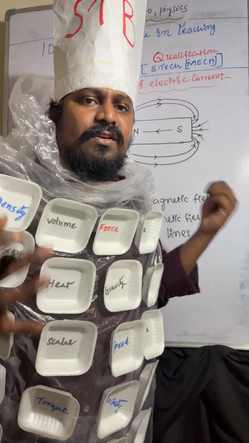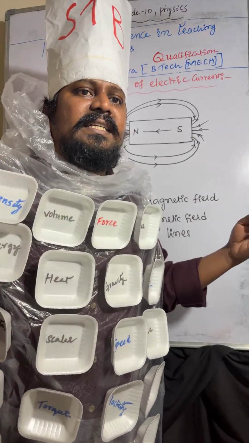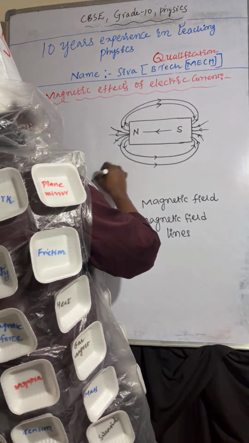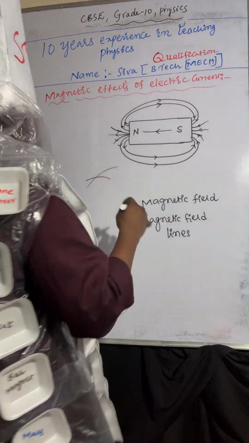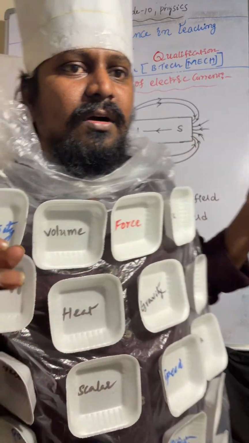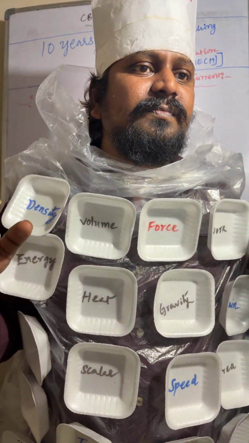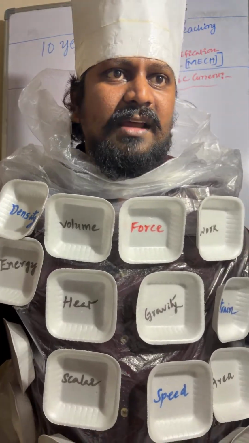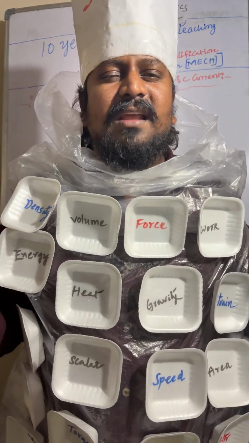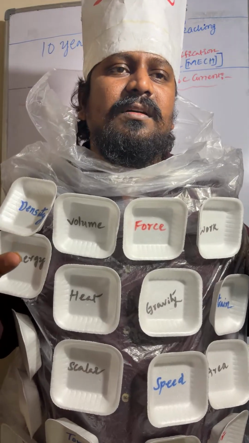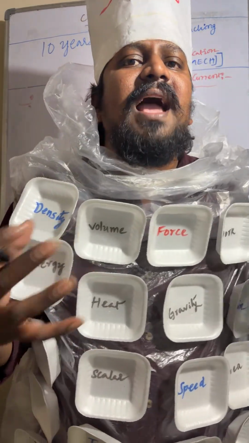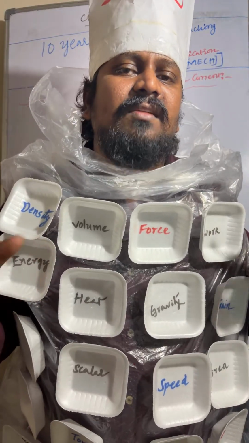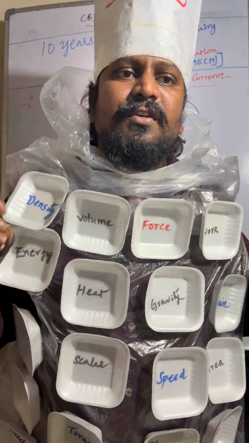If they intersect, what happens? At the point of intersection... so these field lines never intersect. Normally, how can you observe the magnetic field? If you want to identify the magnetic field around the bar magnet, you place a